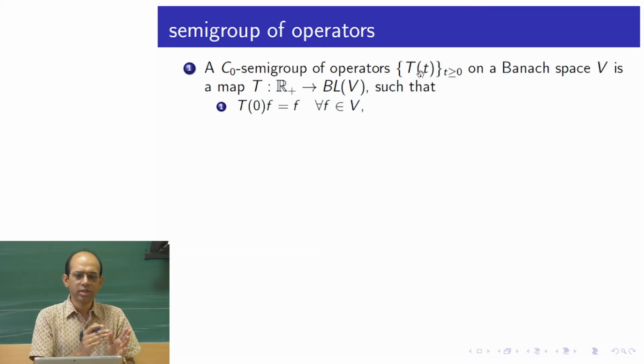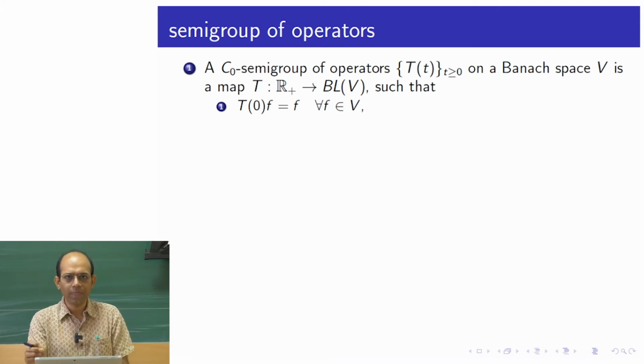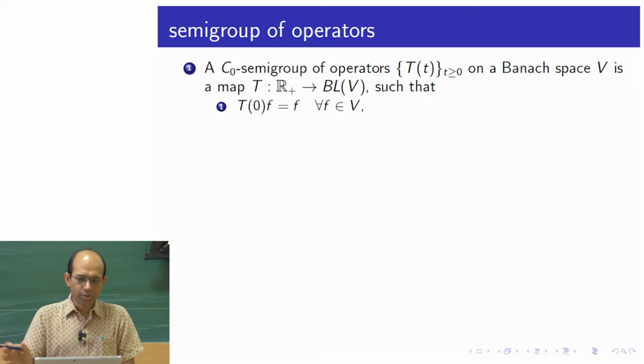So capital T of t takes a member from V to V, and it is a linear operator, and this operator also is continuous. In the language of functional analysis we call it a bounded linear operator. Basically, it takes bounded sets to bounded sets. So we have a collection of such operators